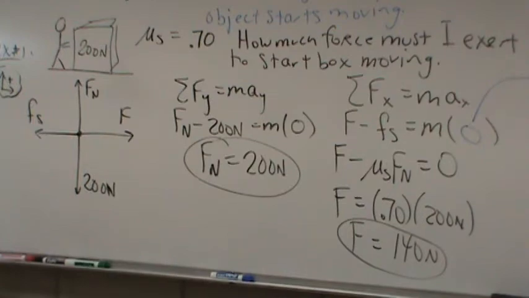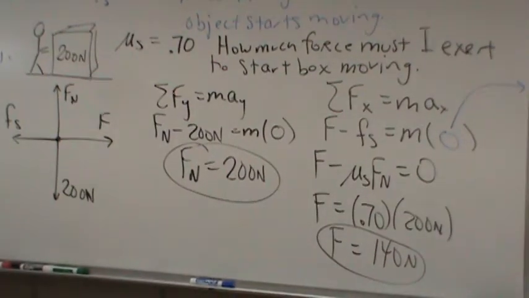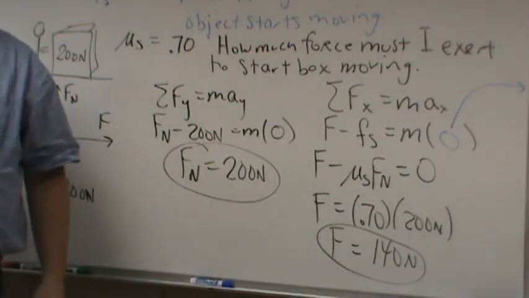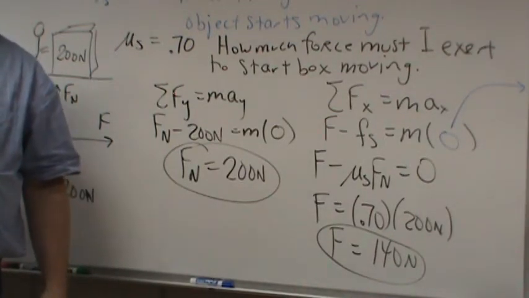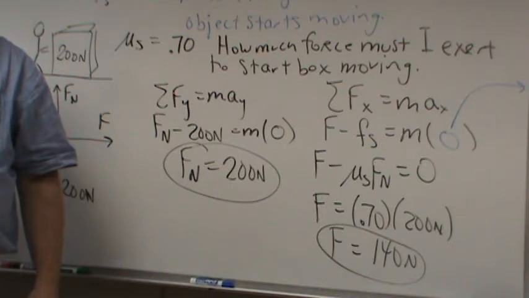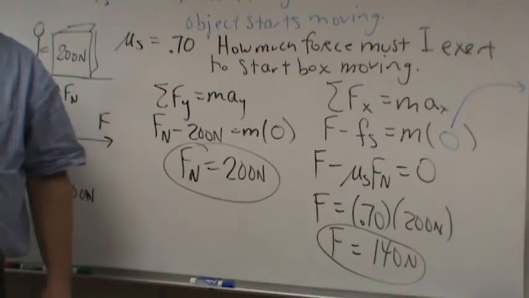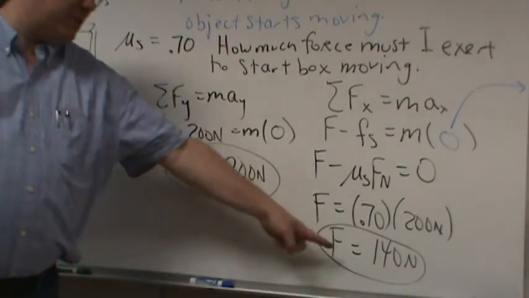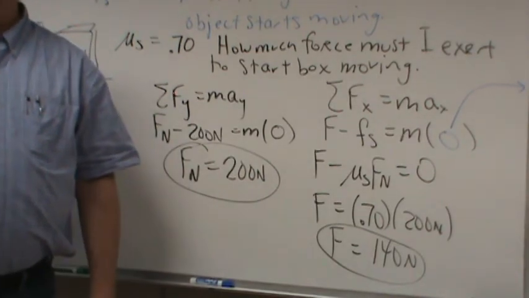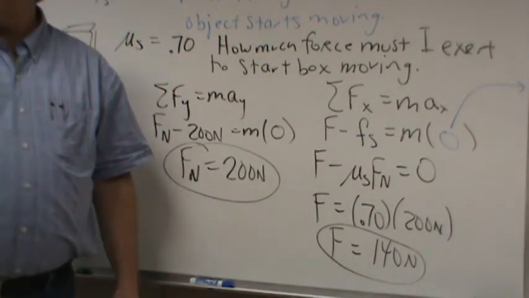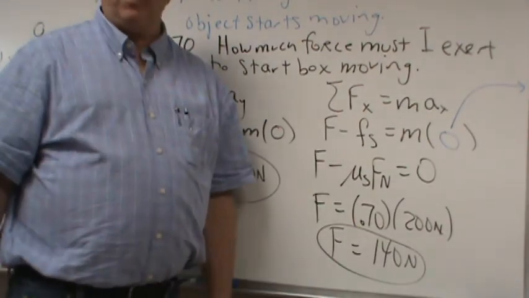Any question or problem on that before we do another one? Yes? So that 140 is how much you need for the box to start moving. Yes, for the box to just start moving. So before you put the maximum force you could exert before an object starts moving. I guess it would sound a little confusing because I thought you would have to go over that in order to start moving. Right, you would. You'd have to go a smidge over it, like 140.0001. Okay. So that's our borderline force.